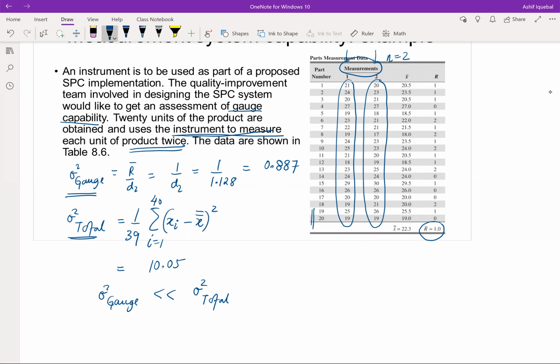Because what happens is if sigma square gauge starts to increase, then you would not be able to distinguish between what is a good item or what is a bad item, right? If you add a lot of errors to each of these 2 measurements, you would not be able to distinguish between what is good and what is bad. So that's why you want to make sure that sigma square gauge is